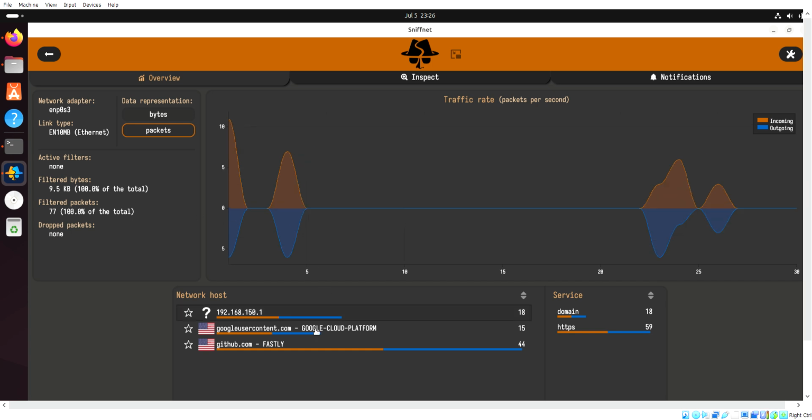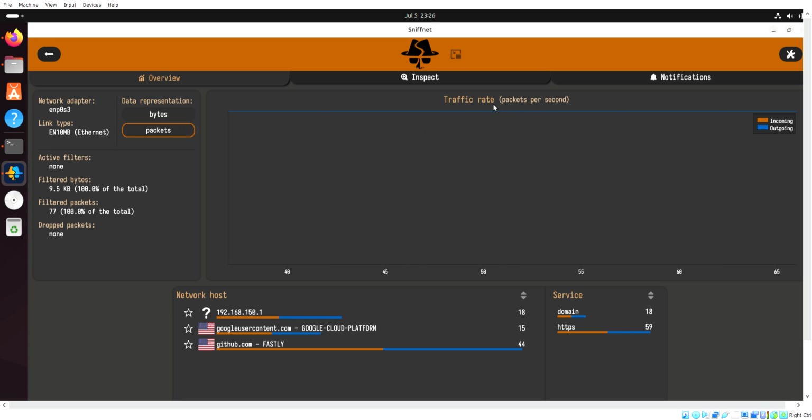And we can see the network hosts that are going through my machine, so my IP address and the websites that are open in my Firefox, and also the services that are running, domain and HTTPS from the websites. So yeah, this is very useful to see various kinds of incoming traffic that are currently using